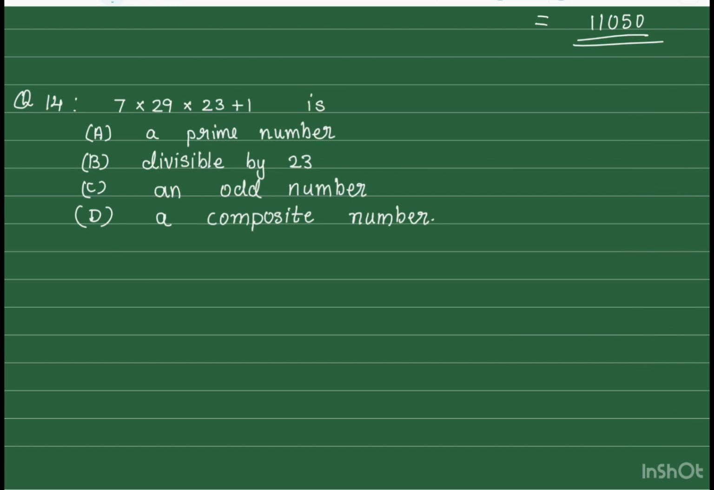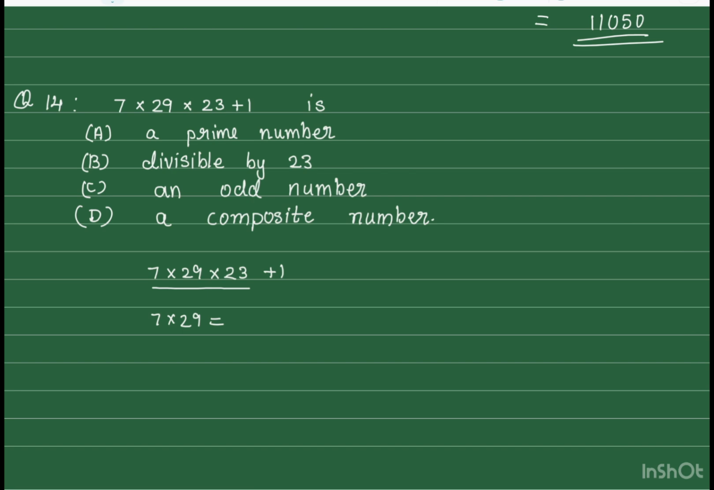Question number 14. 7 into 29 into 23 plus 1 is: option A, a prime number; B, divisible by 23; C, an odd number; D, a composite number. Here the question is 7 into 29 into 23 plus 1. So we can do the first multiplication. So 7 into